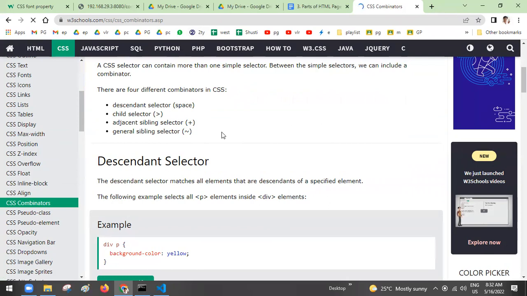You have to explain me the differentiation between the plus and this one. Both are sibling selectors, so that is your work. Hope you got my point. So this is